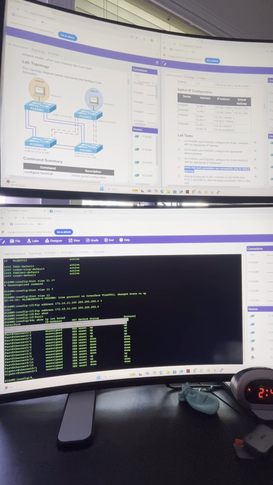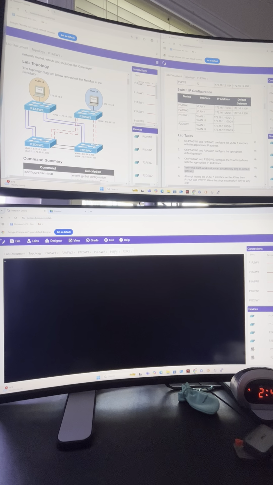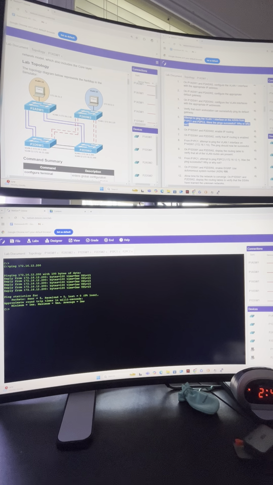Okay, so let's bring up PC1 and PC2. So PC1's default gateway should be pinged at 172.16.11.100. And it is getting its ping responses. So perfect. Let's see if PC2 can ping its default gateway of 172.16.12.200. And it is getting its pings received. So perfect. All right. So for number 5, it says attempt to ping the VLAN 1 interface on switch 1